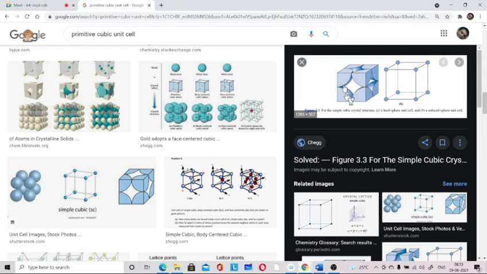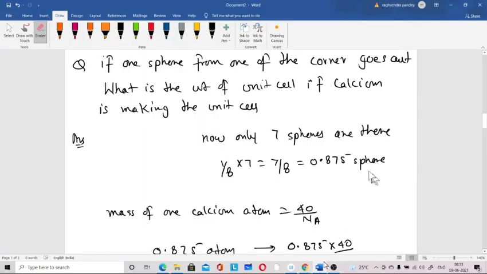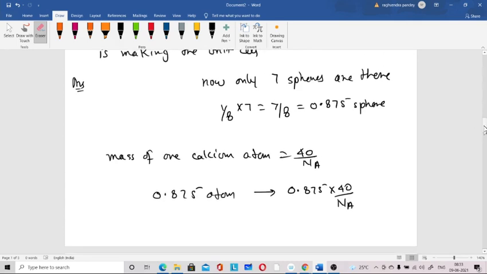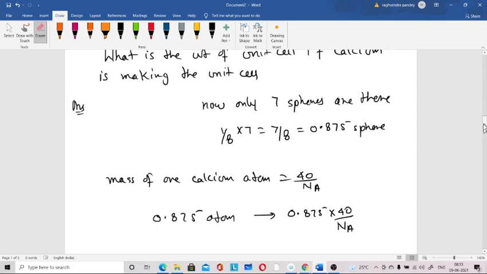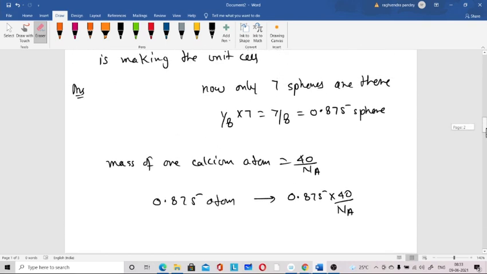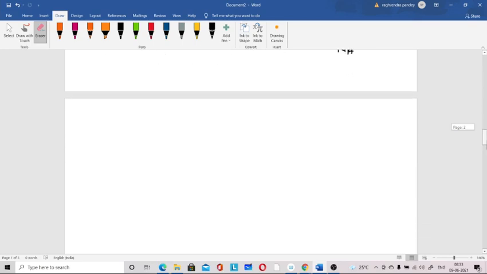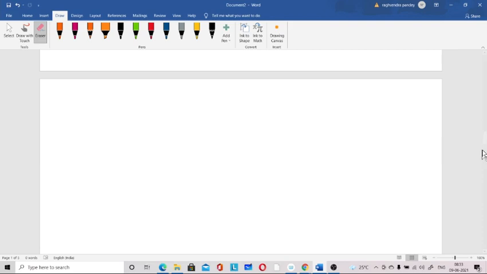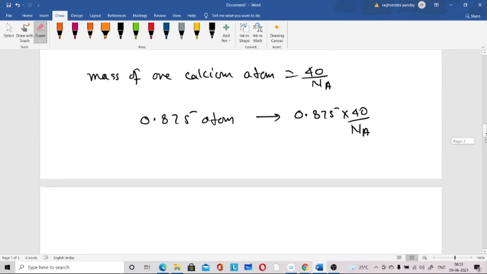Unit cell, because when they say it is a primitive unit cell, it means that this is the arrangement we studied. But if they want to say that there are total 8 spheres inside the cube, then they will mention that there are total 8 spheres inside the cube. They will mention that one. Okay. So then it will not be a primitive unit cell. It would be something else, if they want to ask any such question. Okay.